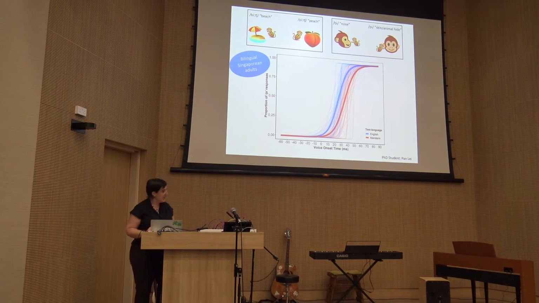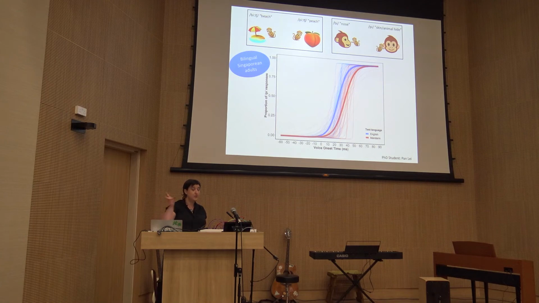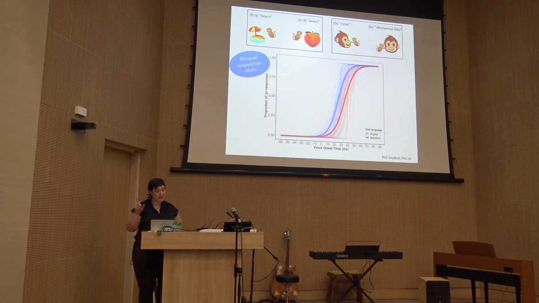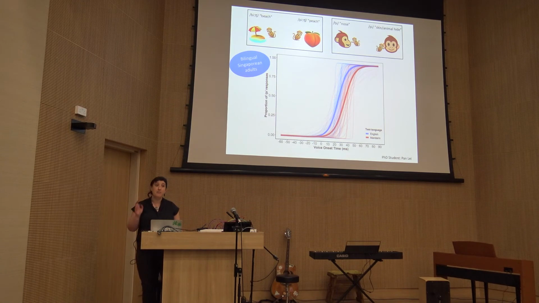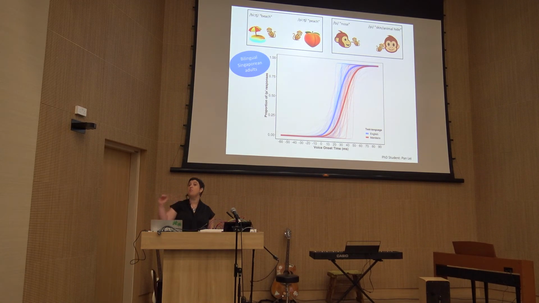Now, to cut to the chase, when we do this in two different languages, in English and in Mandarin, each person shows us that their response profile for English and their response profile for Mandarin are different from one another. So the point at which they swap over from saying, oh, that was definitely beach, definitely bur, or in the case of Mandarin,